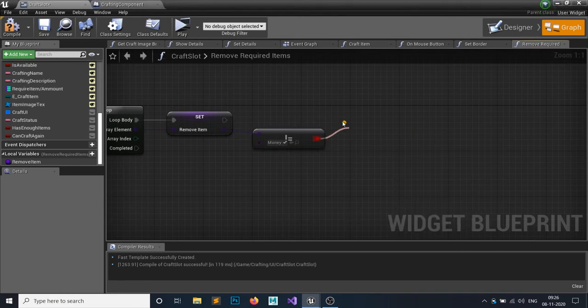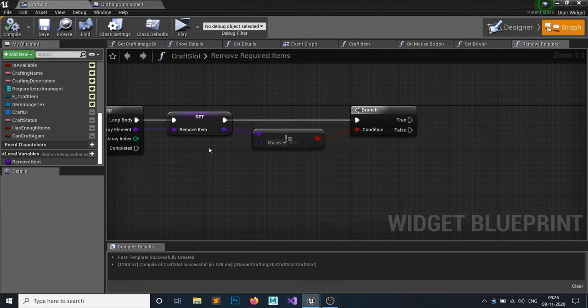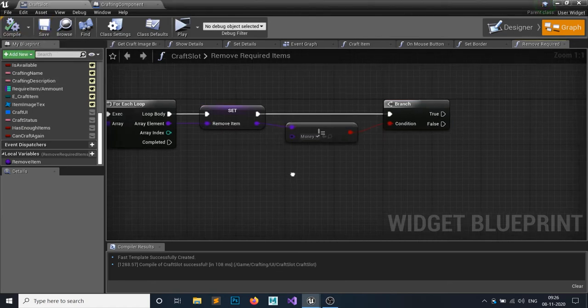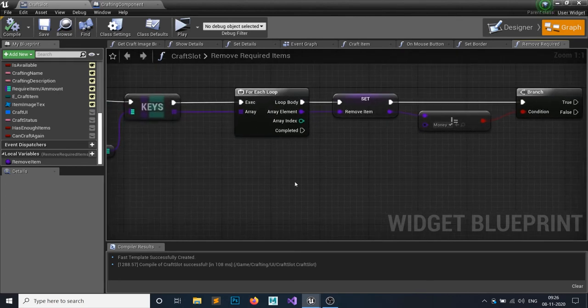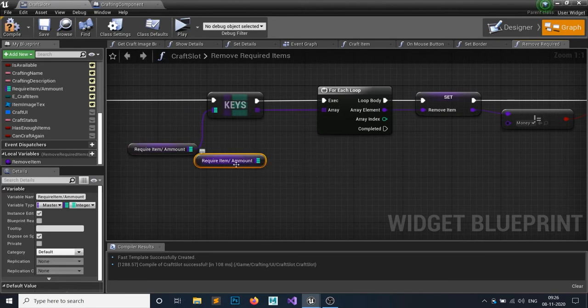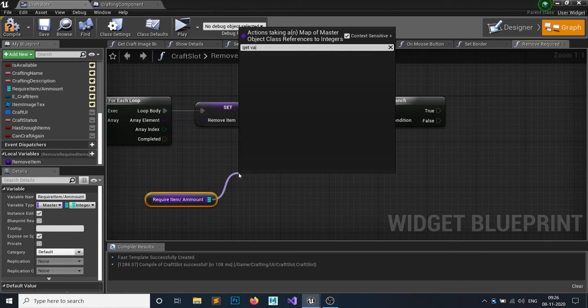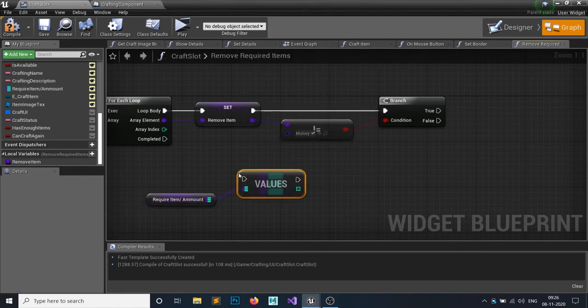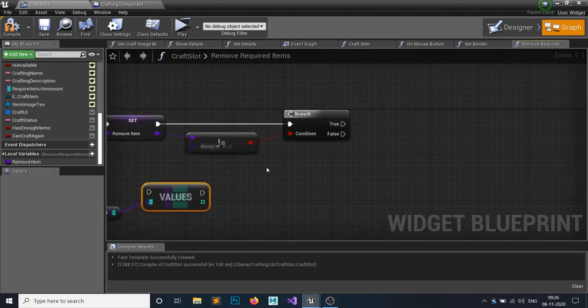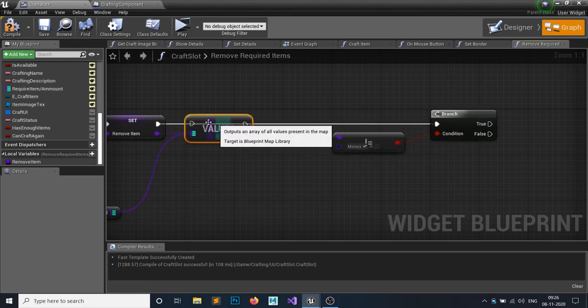If it's equal to money, then I want to remove the money from our player wallet, right? So we have the money, and also I need this value, so I will simply duplicate that by Ctrl W, get values, and let's make room here, and I will promote this guy also to a variable.